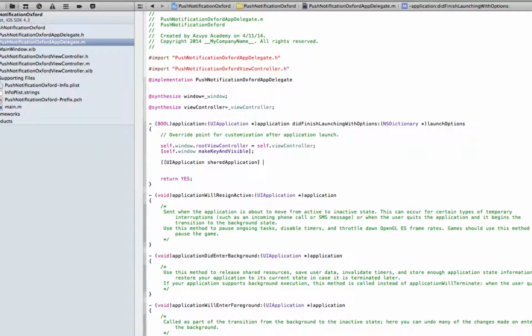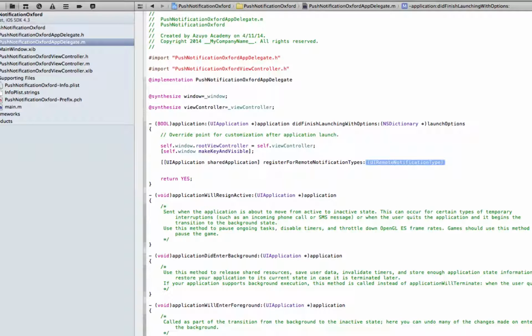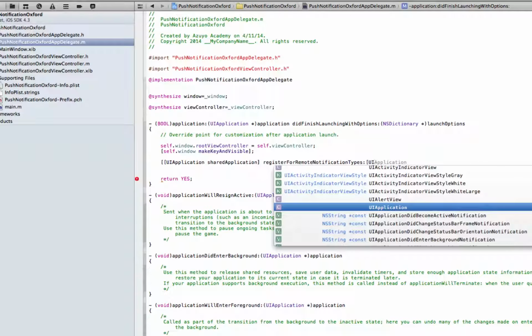There is a method called... so for local notification, if you remember, we register for local notifications. So equivalent to that, there is a method called register for remote notification types. In this, you can mention what are all the services that you are allowing push notification. What are the different push notification types that you are going to allow? Okay. So number one is you want to be able to do